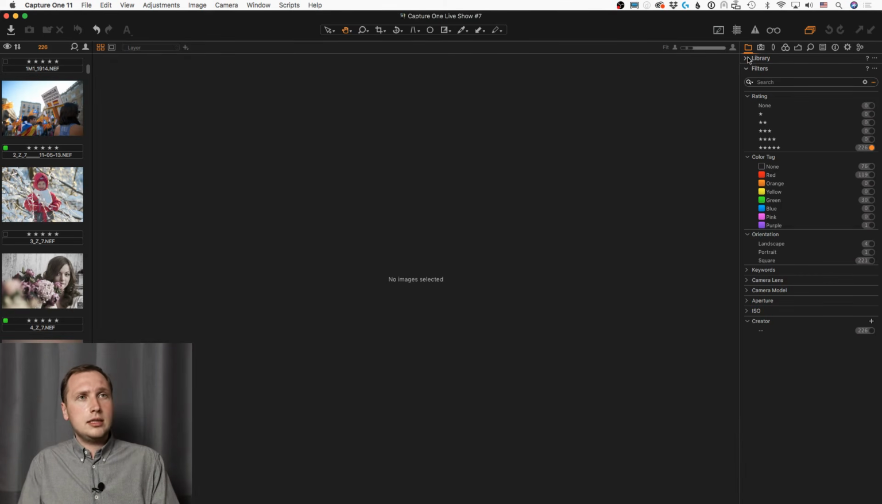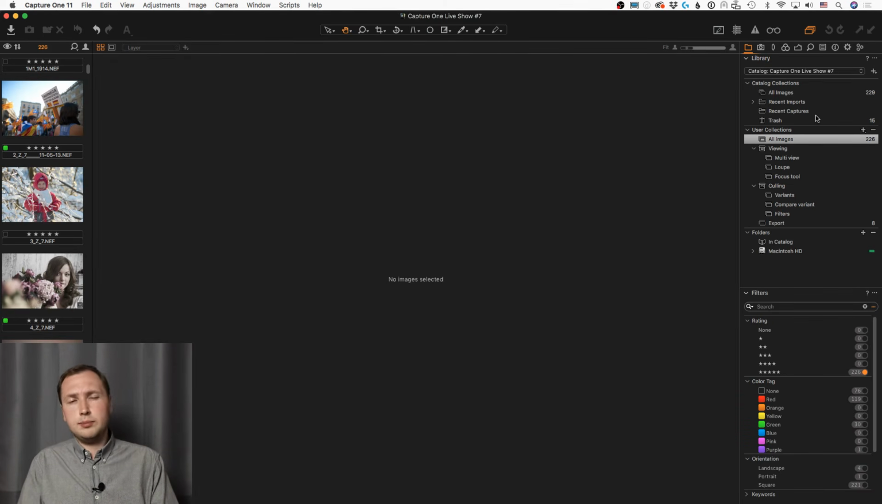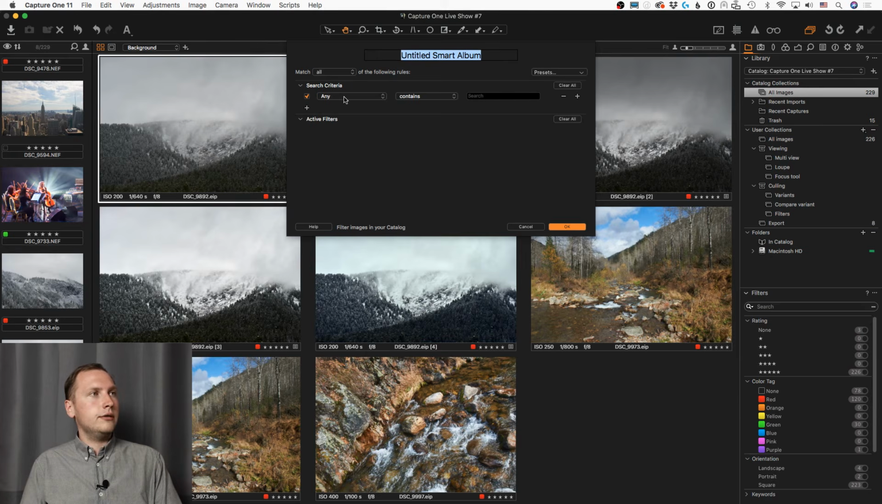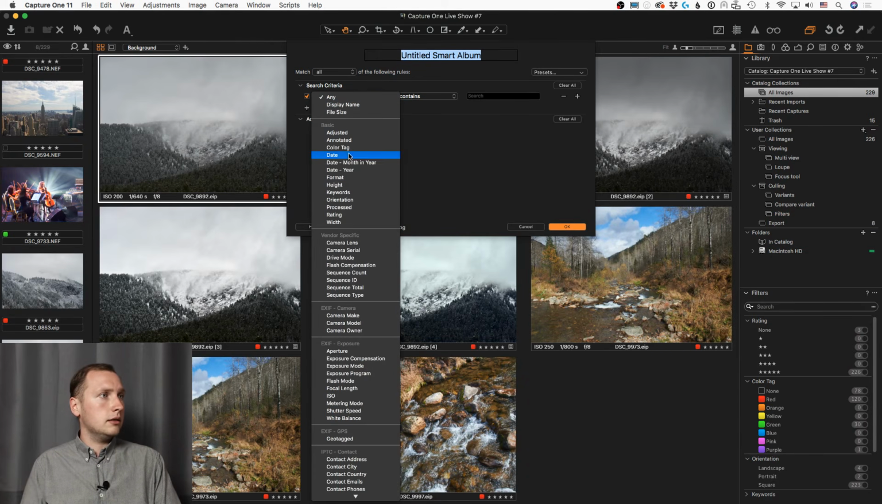The point is that if you are working with catalogs, but actually if you're working with sessions as well, there is a pretty interesting feature called Smart Album. The Smart Album is actually a simple album with one interesting specific. It allows you to automatically fill this album with some specific images. Let's create the new Smart Album, and our searching criteria will be rating,